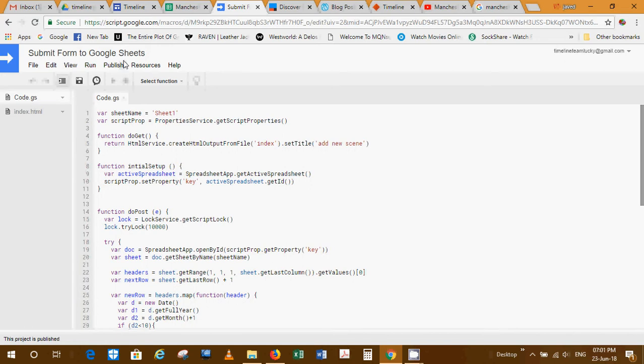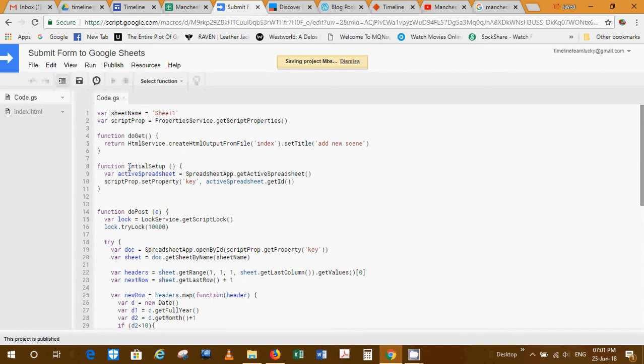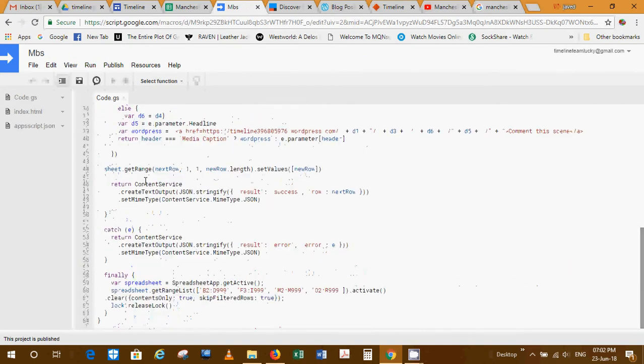So rename this as you want, Manchester by the Sea. Okay, wait for it to take effect. Okay, so now the code is already there because we copied it from the previous file. Now I am going to run this initial setup,